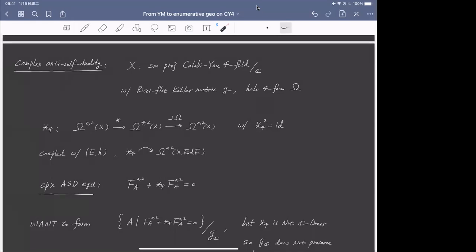Why should the domain of the star 4 be Omega^{0,2}, not Omega^{0,0}? You can also consider 0-0, yeah. But okay. So this star 4, as I said, is